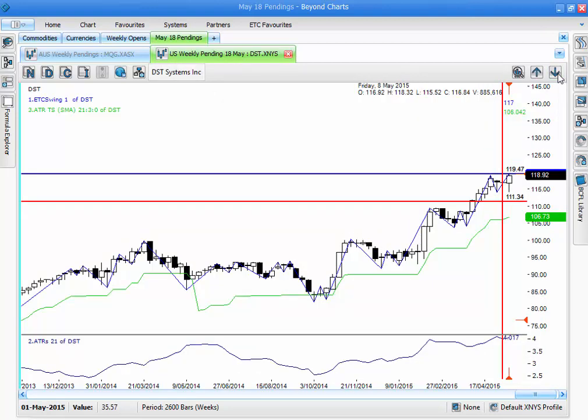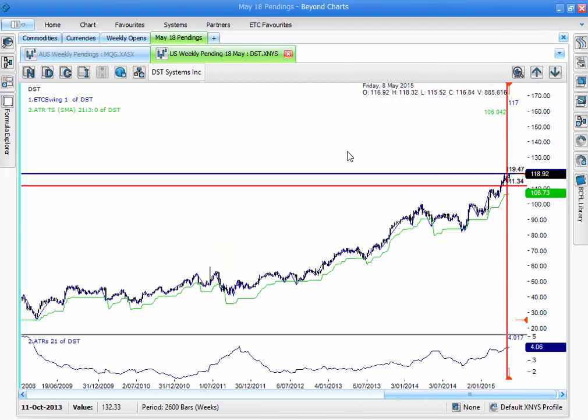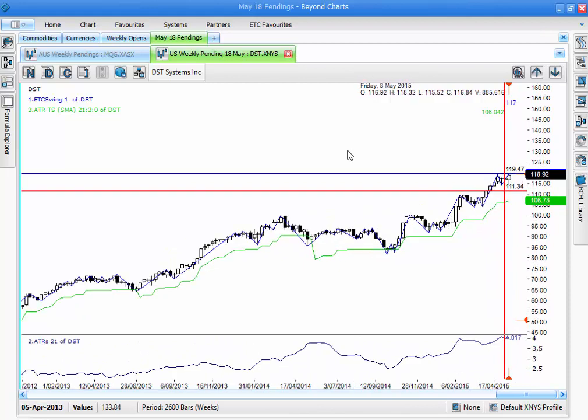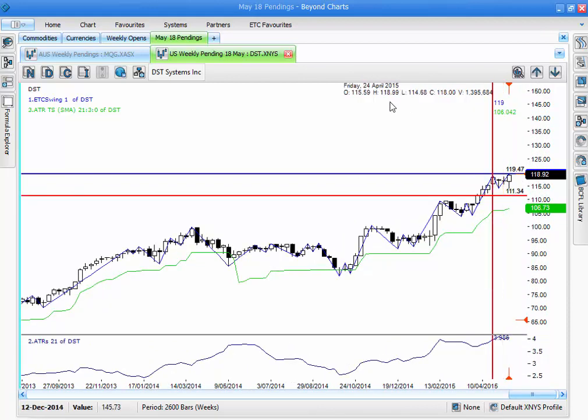Next one I had on the list was DST. DST Systems, again price action really nice. Trough clearly above second from last peak. Zooming out, again blue sky territory, looking really nice. Our high there